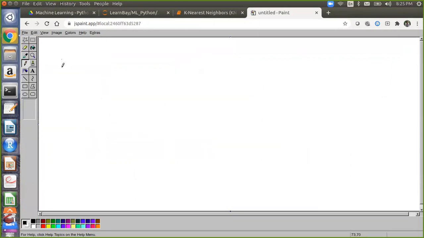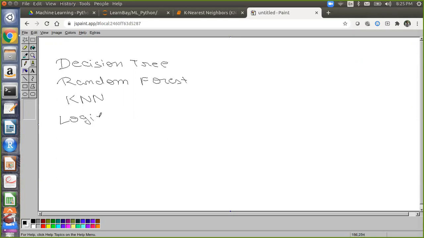For example, the first one would be KNN, I think. Then we have decision tree, we have studied random forest, then k nearest neighbor, and then logistic regression. Which is computationally expensive, which should I mark first as most computationally expensive?